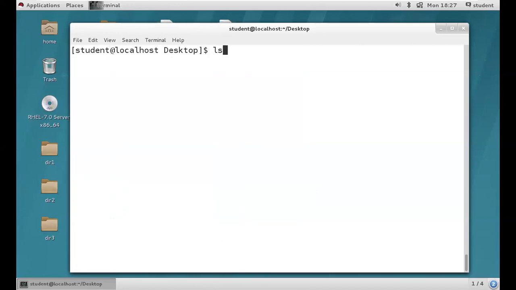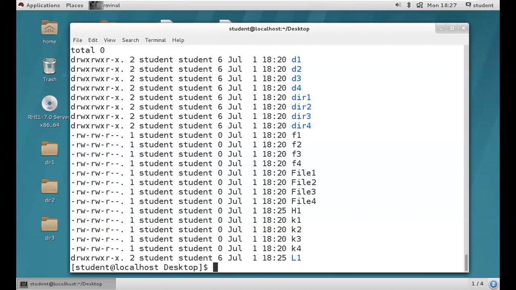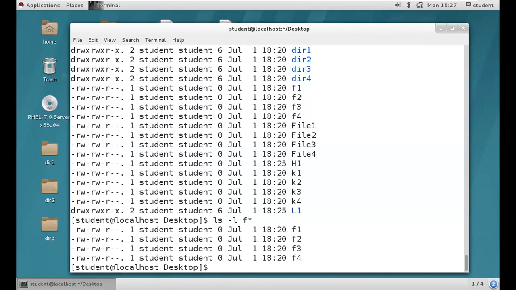Right. So now if you execute ls -l, we are going to get a huge list. We have a few directories, a few files and all that stuff. But my requirement is I need to filter only files starting with small f. Got it, guys? So we need to filter only files starting with small f: ls -l f*. Everything starting with f we are going to get, right?